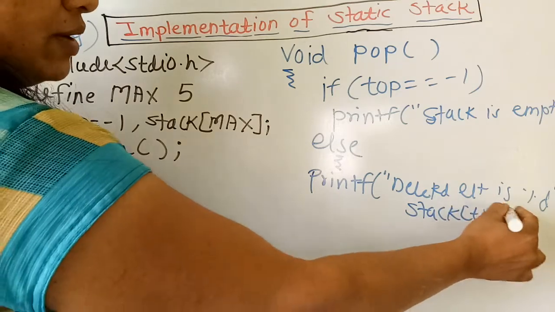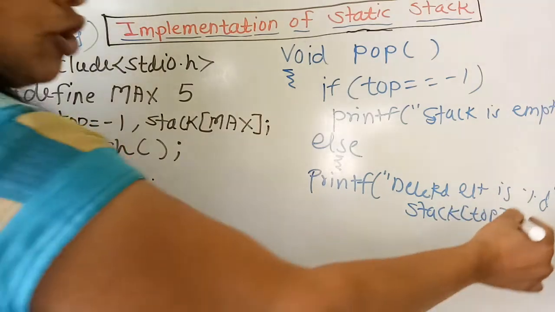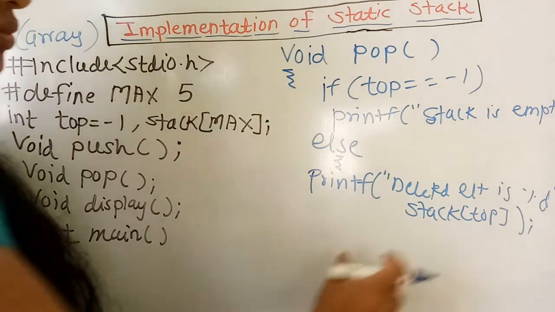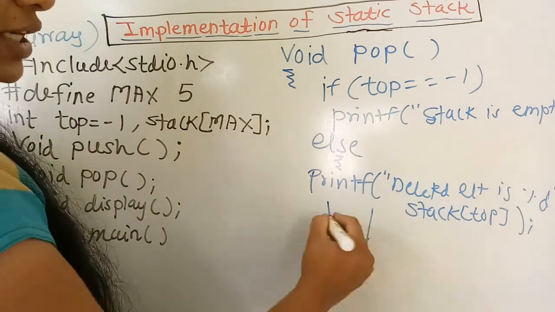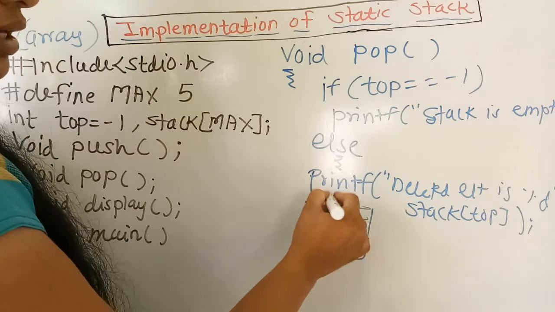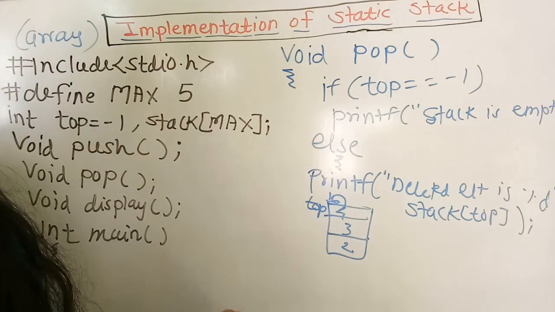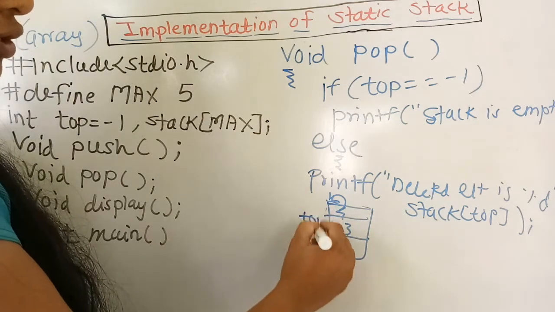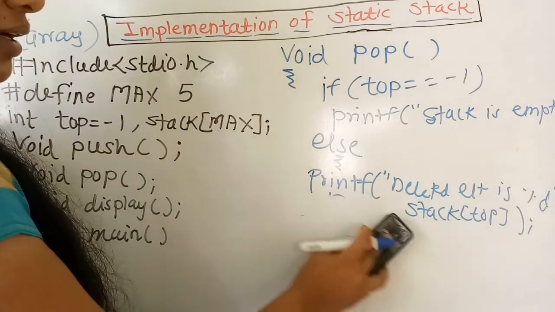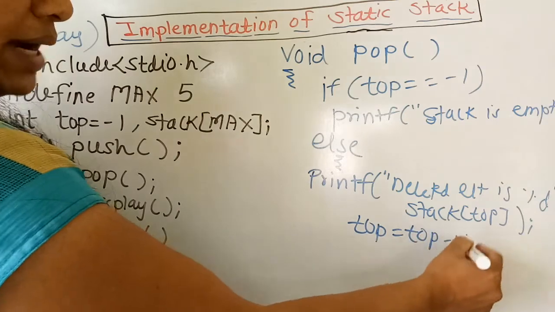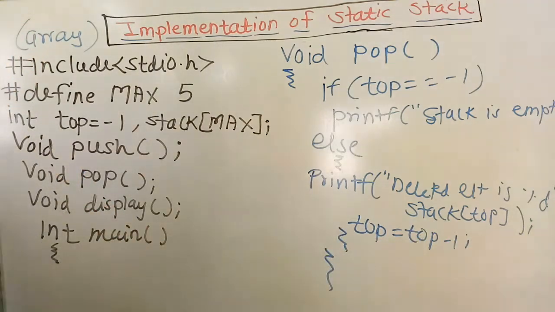We all know that top is always pointing to the current position of the filled stack or the empty stack. Now, as we have deleted the element, for example, here the top is 432. We have deleted this element from the stack. Then to delete the next element, we have to subtract 1 from the top. Then simply perform the operation top equals top minus 1. That completes the pop function's main mechanism.